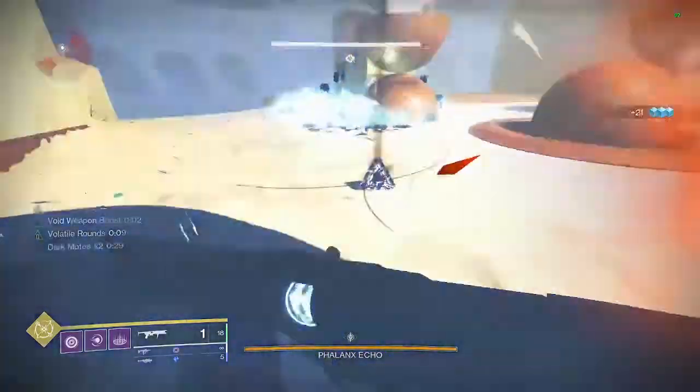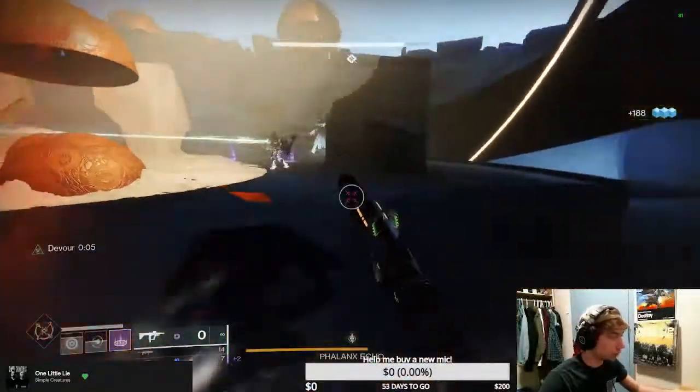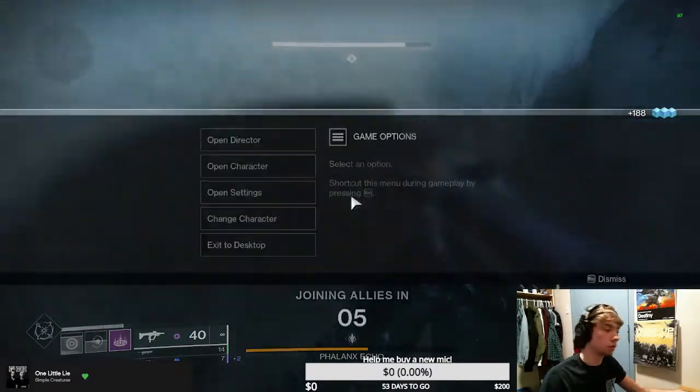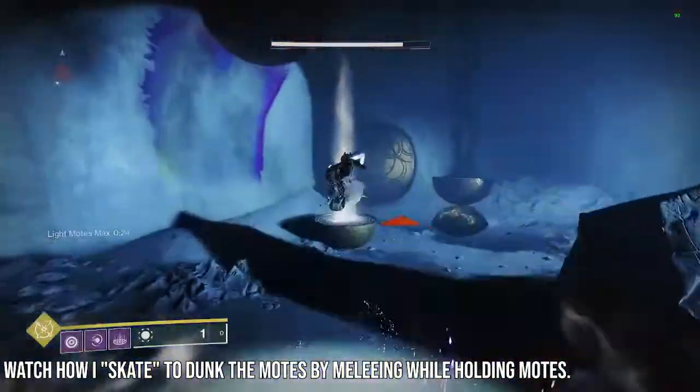Keep on the move and clear adds as much as you can. Make sure you're staying away from the boss too. He's got one of those Taken boop shields that'll send you flying off the edge if you're not careful. If you get booped while you're holding a full stack of motes, you can try to melee back to the